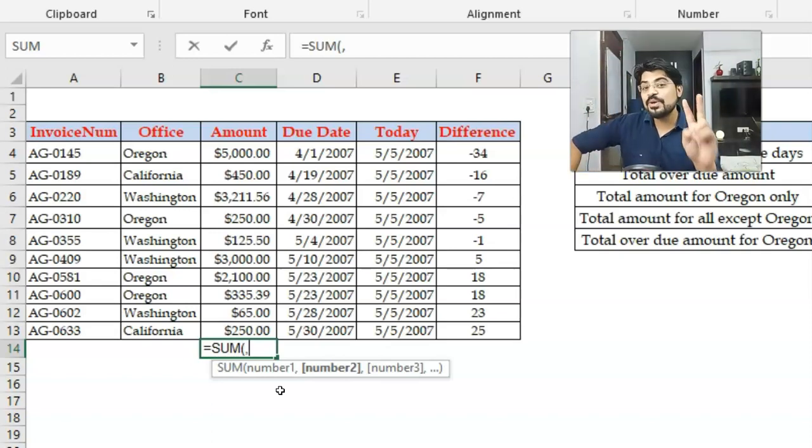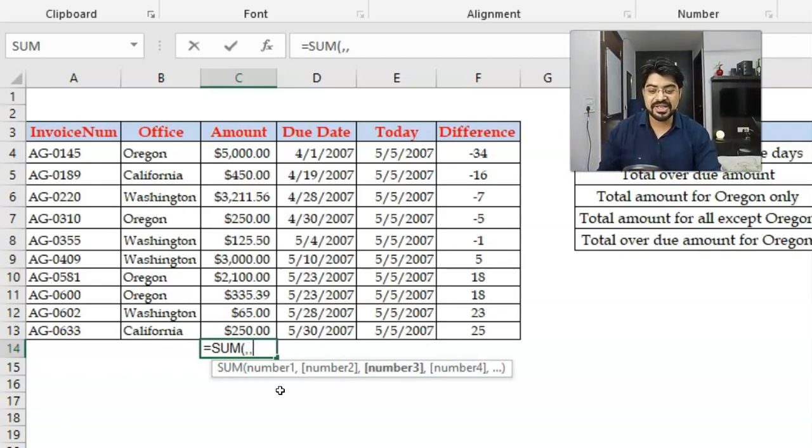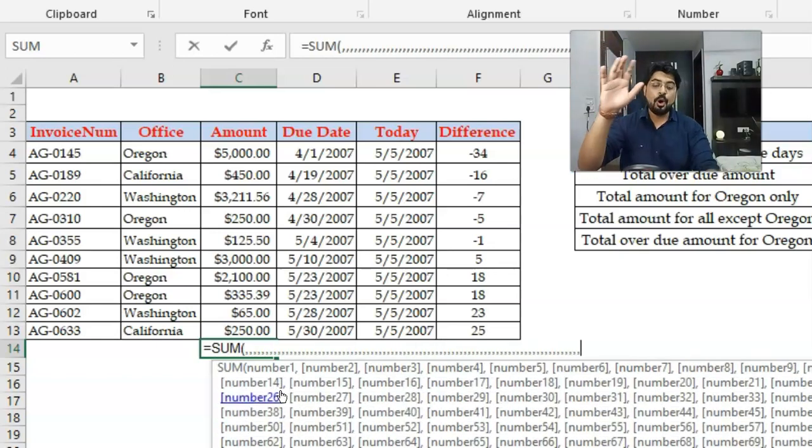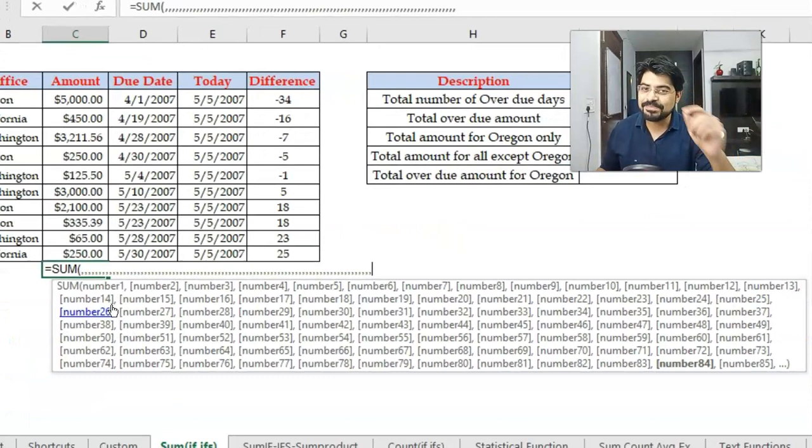Now the second most important logic, guys, here is, as you can see, number 1 is not in square brackets, right? If I press comma once again, you will notice that number 2 is in square brackets, number 3, number 4, number 5. I'll keep on pressing the comma, and now you will see that all the arguments except number 1 are in square brackets. What do we mean by that? Now, something which is in square brackets is an optional argument. Optional. If you want, you can leave it like that.